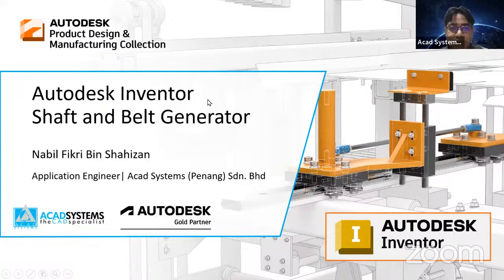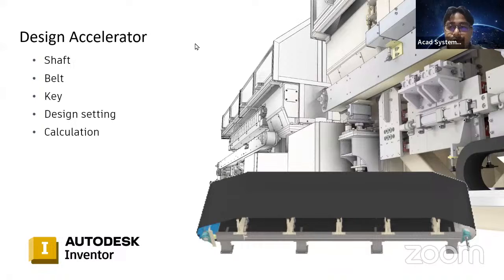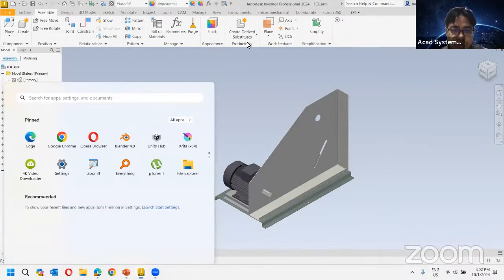So for today's free online lesson, I would like to share with you about the design automations inside our Inventor, which is the shaft and belt generator. What we're going to do here is use the design accelerator. The design accelerator allows you to create different types of power transmission, such as shafts, belts, and so on. But for most of this free lesson today, we're going to focus on shafts and belts. So let's get started. Let me just show you the